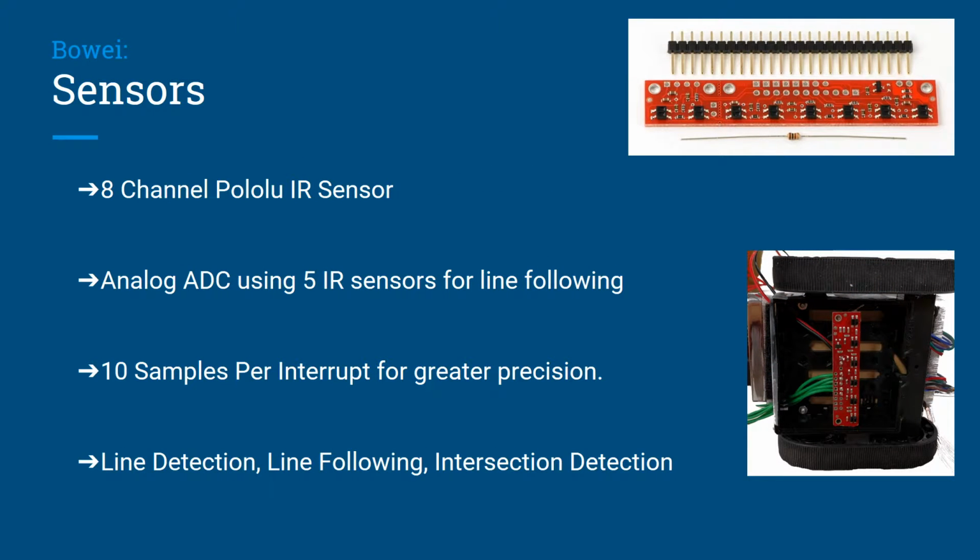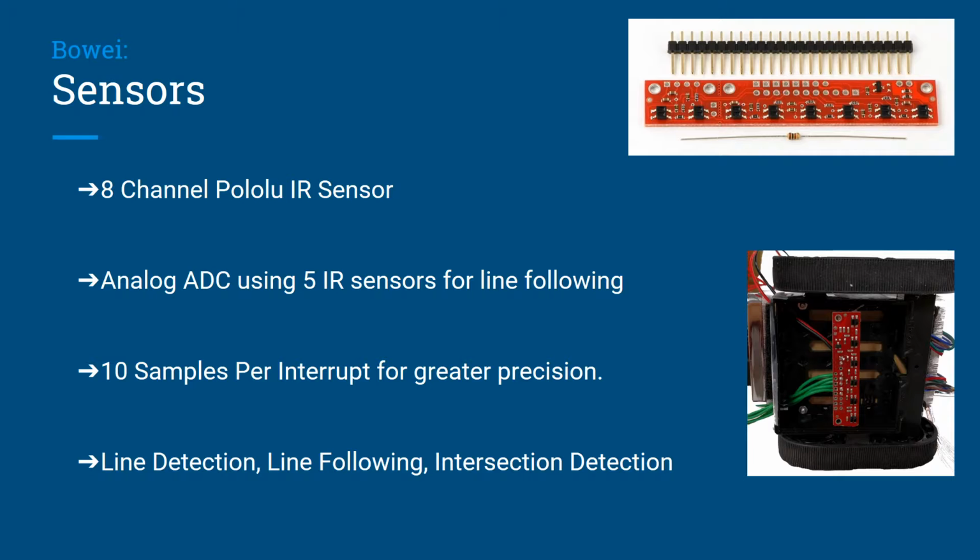The second sensor that we used that was common to both rovers was the 8-channel analog Pololu IR sensor. This was mounted on the bottom of each rover, seen in the bottom right corner, in the center position such that we can track the lines and detect intersections exactly when they happen. Out of the 8 sensors, we were only using 5 of them,